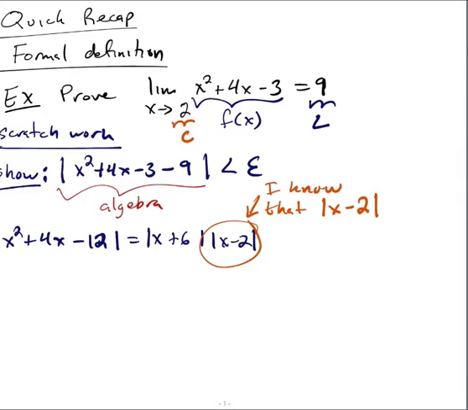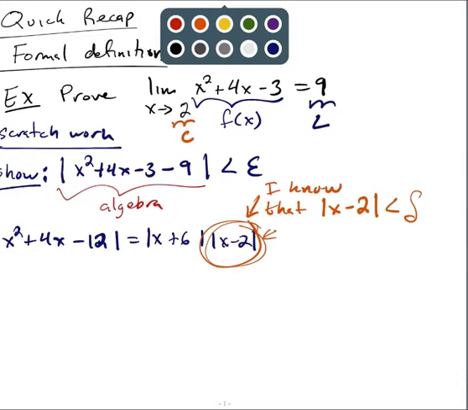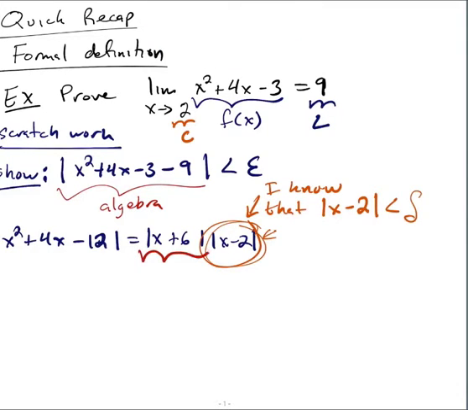It doesn't matter, but I think we called it C. I know that |x minus c| is going to be less than delta, and I can set delta to be whatever I want. So I don't worry about this one because I can make x minus 2 as small as I want. But I need to do a little bit of work to bound this other guy, this x plus 6